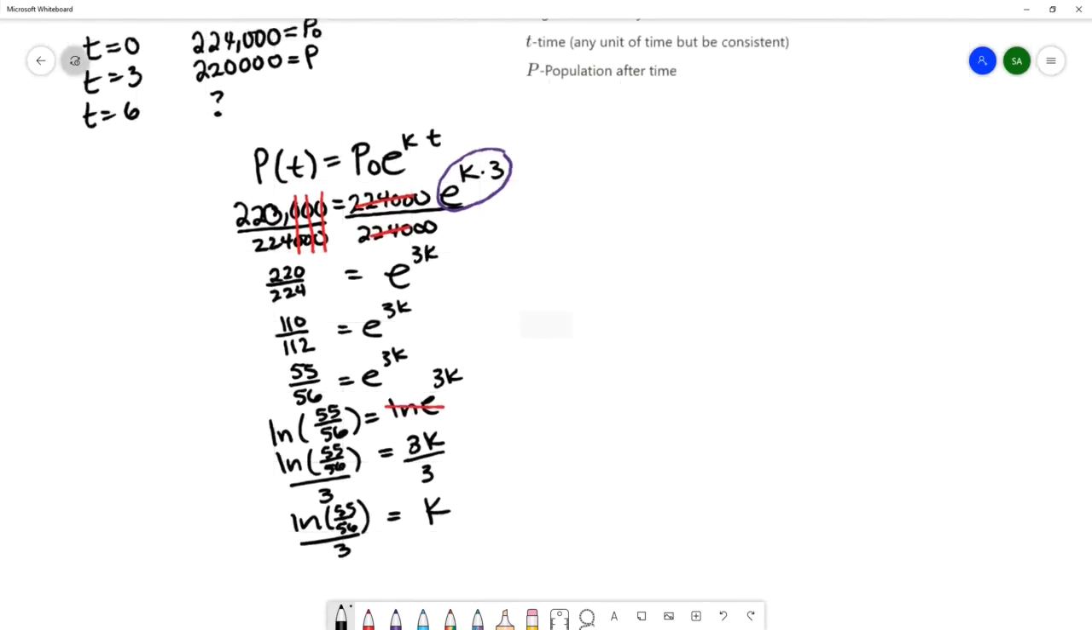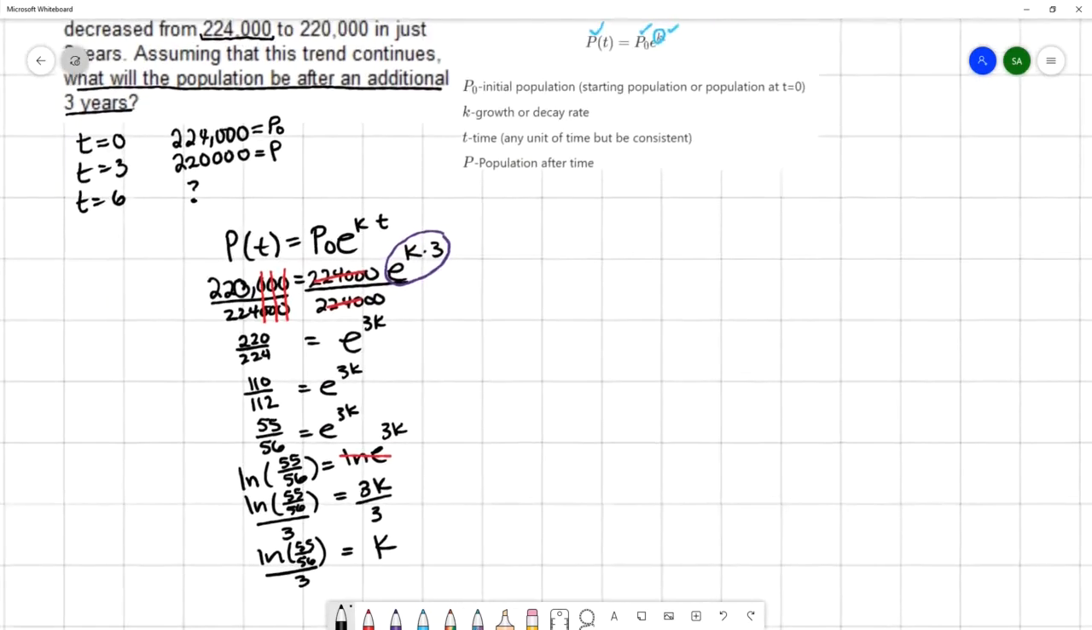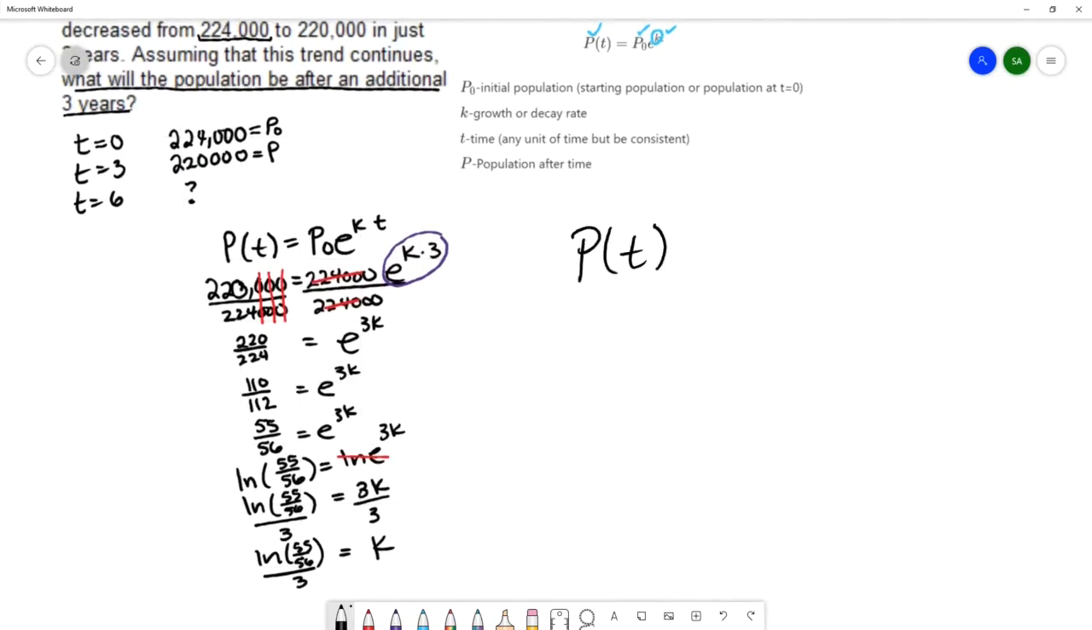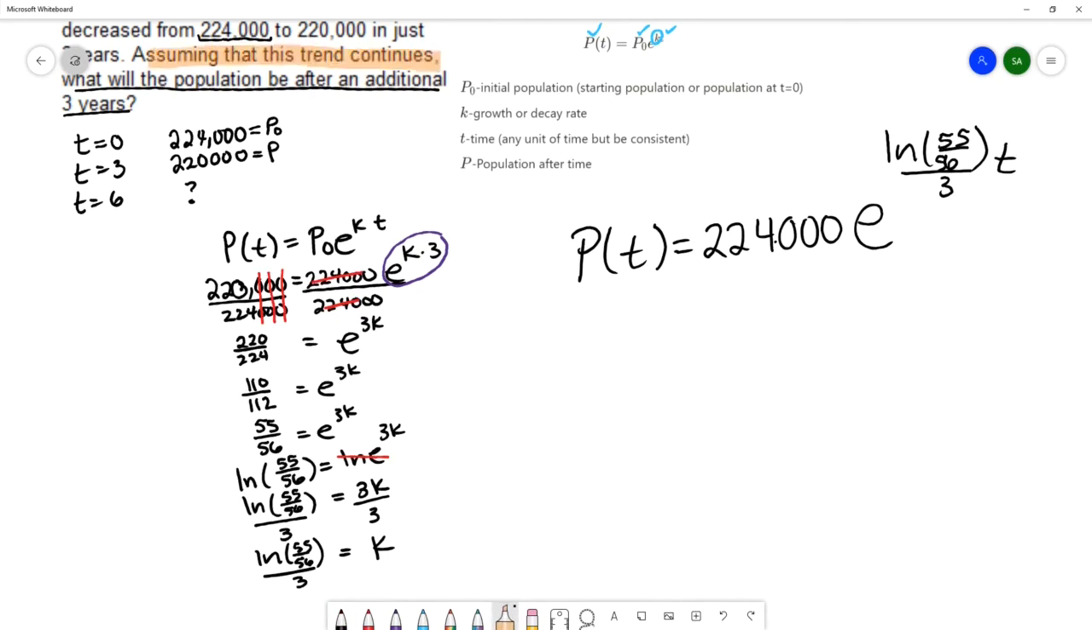So now we're going to be able to write out what our model is. Our model is P of t. We have an initial population of 224,000. We have our decay rate, natural log of 55 over 56 over 3 times time. And to answer this question about what happens in an additional 3 years, we're going to use a time of a total of 6 years. So this is the beginning population. 6 years later,